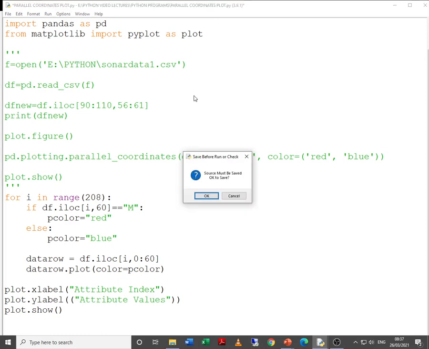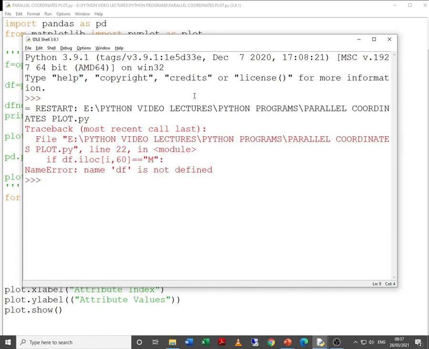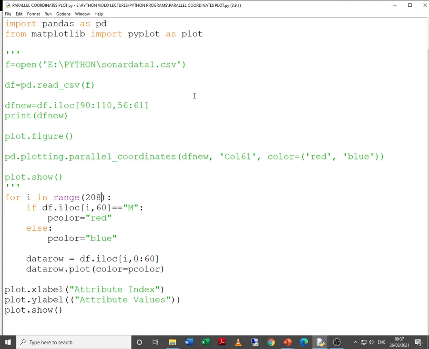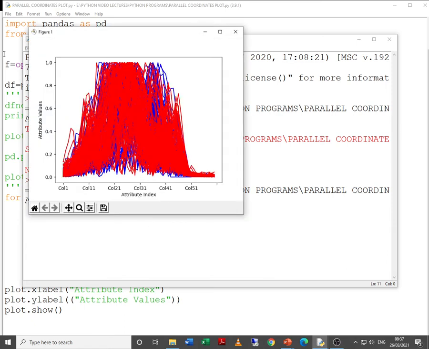Now let me run this. Some mistake. Yes, actually I should have... fine. Now I think it should work. We are working on a data frame, and the opening of the file and the data frame was not taken.